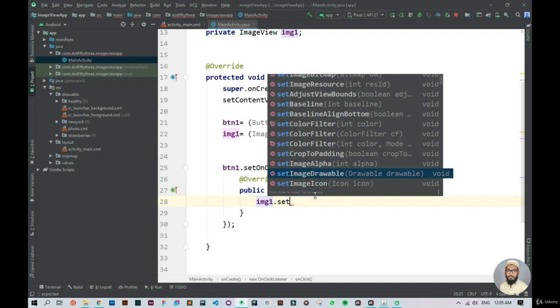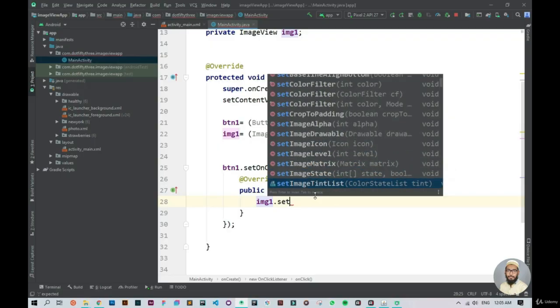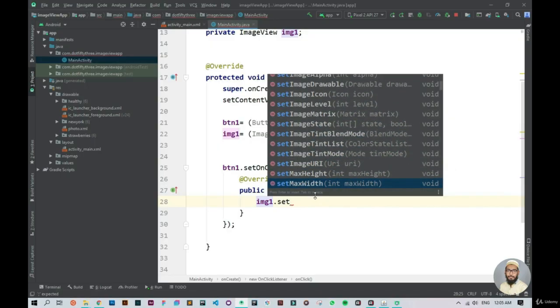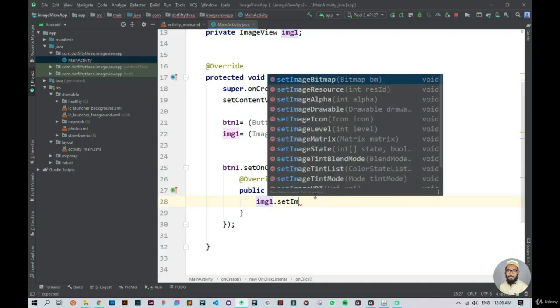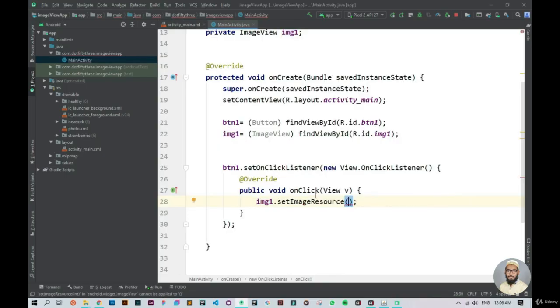Now this seems a little bit familiar, as all our images lie inside the drawable folder. There are dozens of methods of this image view, but for now I'm going to select set image resource, as it will take the resource ID. So what I can do is directly specify the different resource IDs available right here to this on click listener. Now I can specify that on the click of the user, I can say that